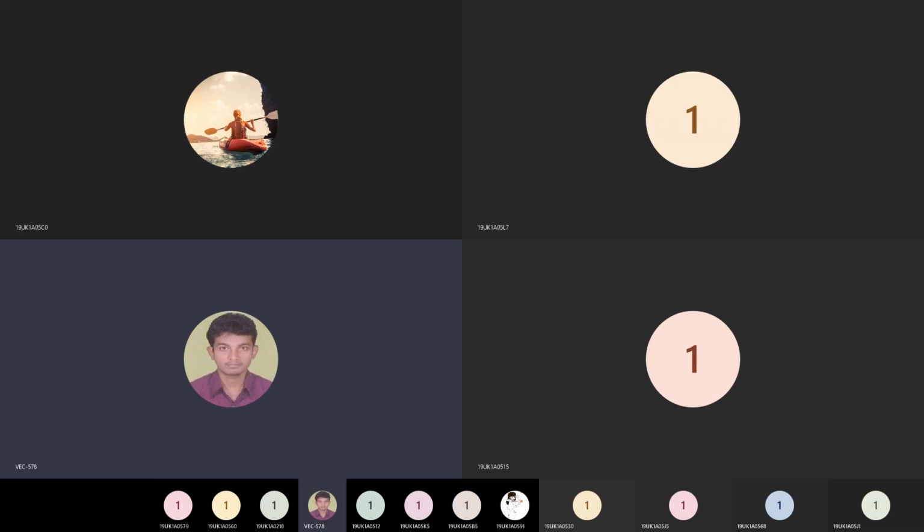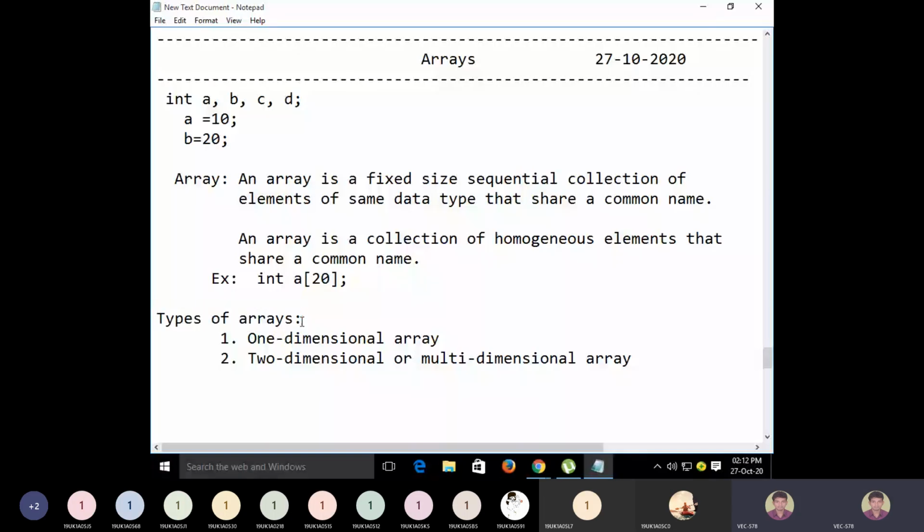This is what different types of arrays. Okay, so we were talking that arrays are a collection of homogeneous elements that share a common name, or a group of similar data type elements if you store using a single variable name, and that variable is called an array.